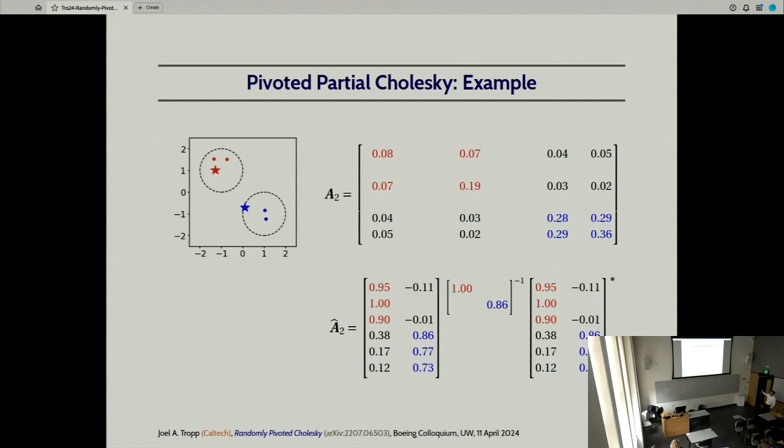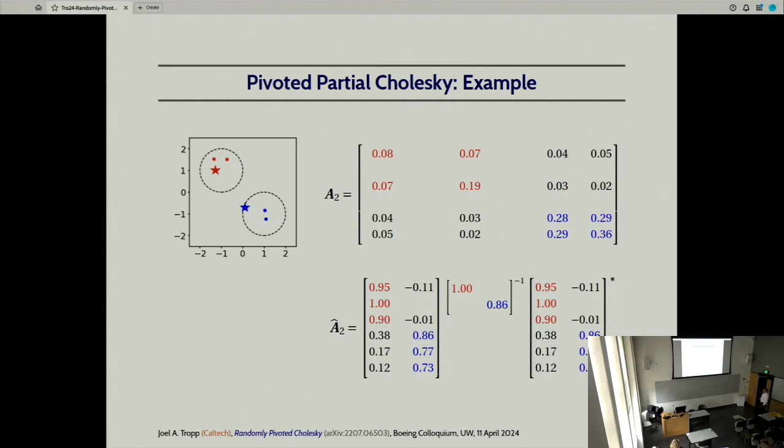So you can see that this red point has explained this red point quite well, and it's explained this red point a little less well, but these numbers are both pretty small. And so this sort of signals that there's not a lot going on in the first 2 columns. You can see, however, that the diagonal entries here are a bit bigger because this blue point does an inferior job expressing these 2 points. And so the diagonal entries are really providing us some information about what still remains for us to approximate. Okay, we're going to take advantage of this insight in just a moment.